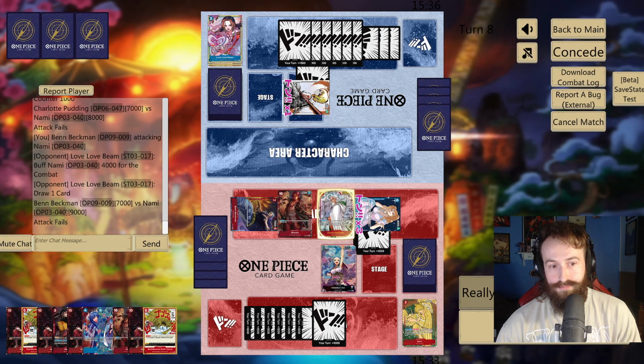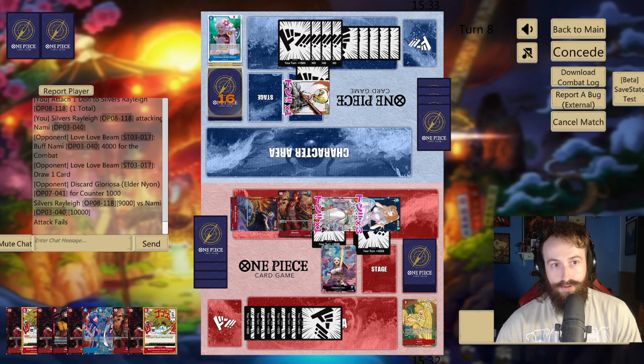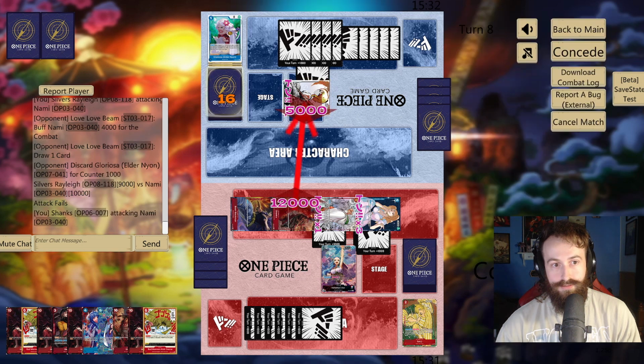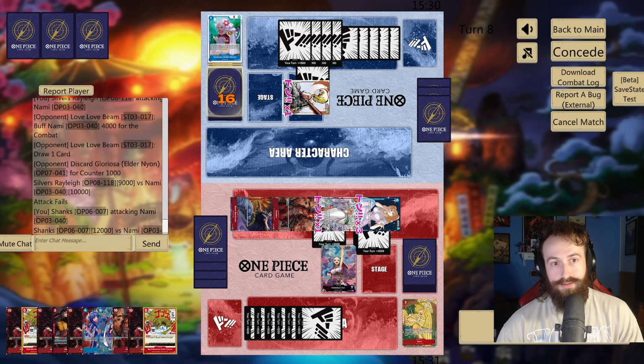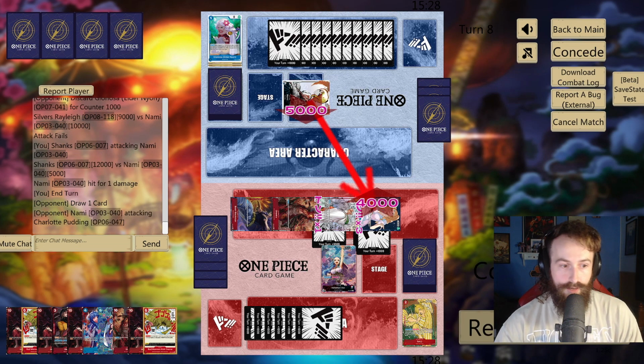Okay. 9. Another card. A 2K. Jeez. Alright. Did that help me? I think it might have. Okay, they didn't get a trigger from that. That's actually, that's more...